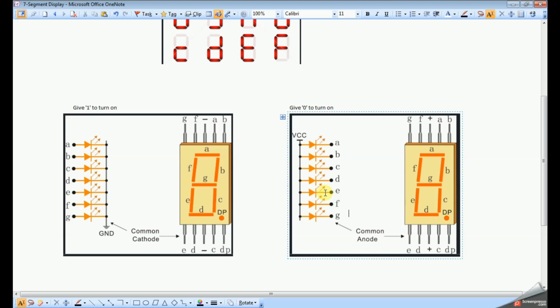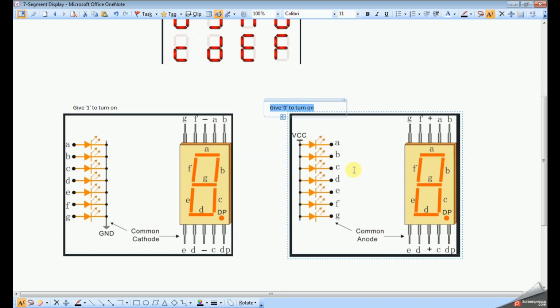In this, if you want to enable a particular segment, you need to give 0 to turn on that particular LED or segment. That means you need to give 0 to turn on in a common anode display.